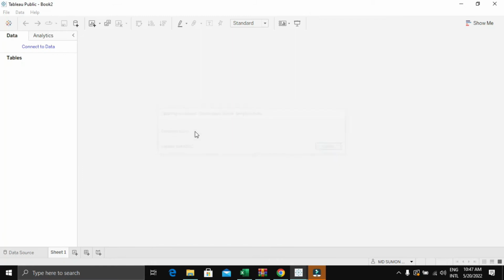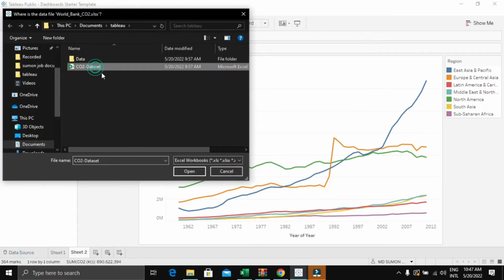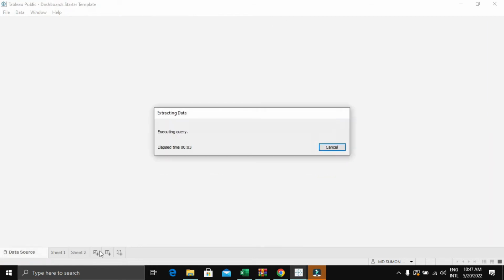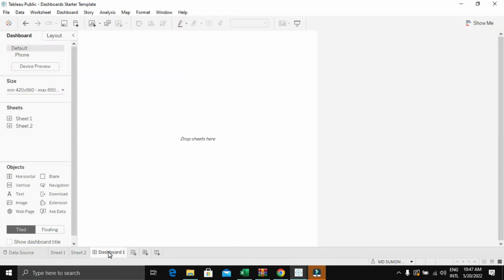Okay. After successfully opening the dashboard starter template, we should open the data source. Okay, successfully opening the data source, we can create a new dashboard. Then